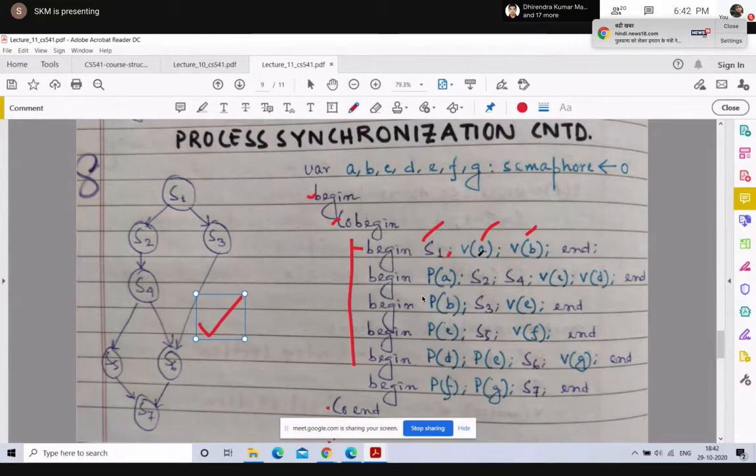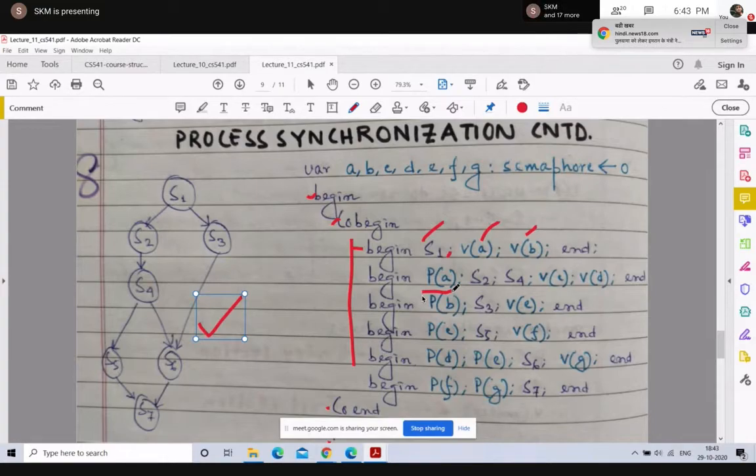P of A will ensure that S2 is executed after S1 execution is over, because after S1 finishes, V of A will make A equal to 1. Until then, P of A has to wait in the while loop, because until then A will be equal to 0, which is the condition of the while loop.